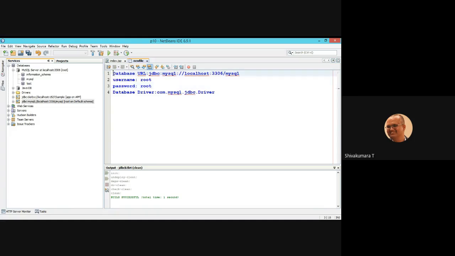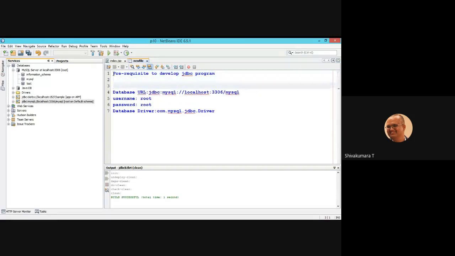The very first prerequisite is what? Install MySQL 5.0 or a later version. Check your system compatibility.